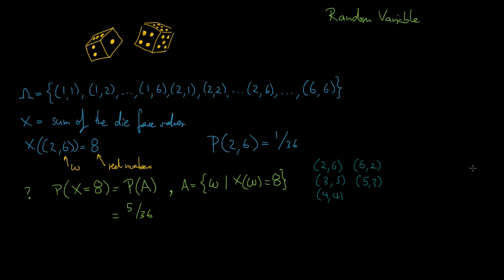And so this is a very common thing that we'll want to do. We'll want to transform the data in some way. We'll say, okay, I want to take the sum of the die's face values, but then I also want to know what the probability of getting a particular value for that sum of the face values is. And to understand this in a general sense, what I'm going to do is just walk you